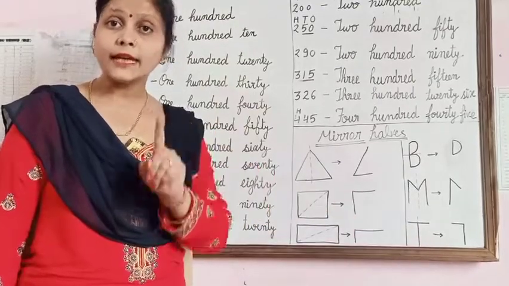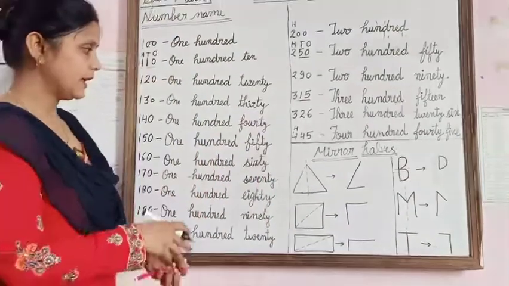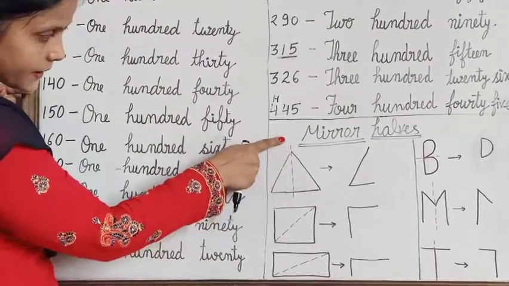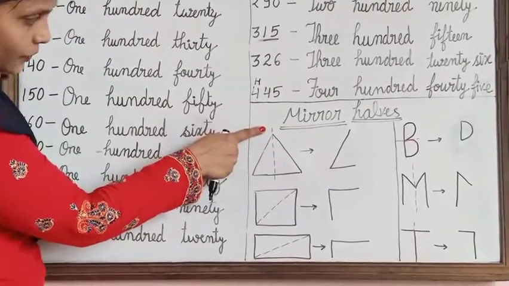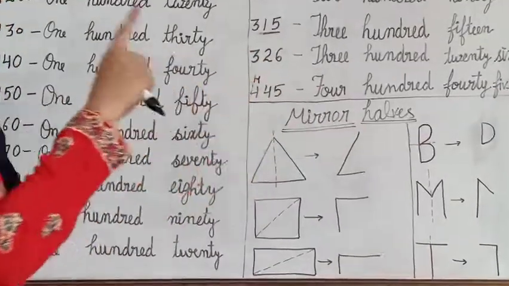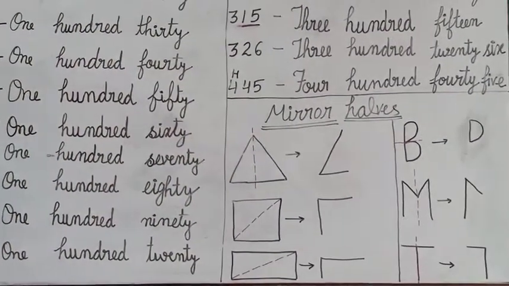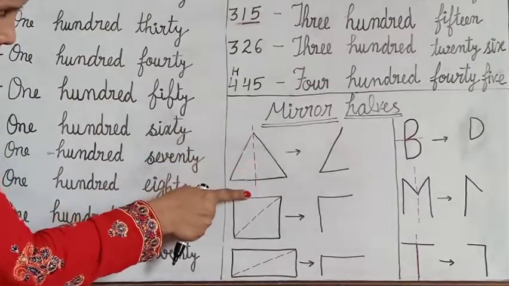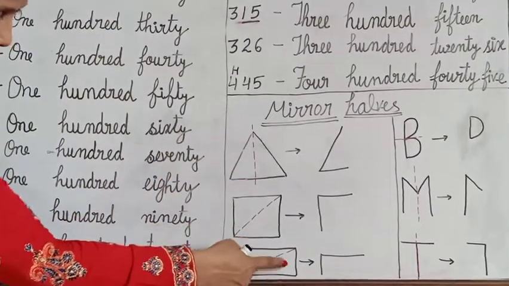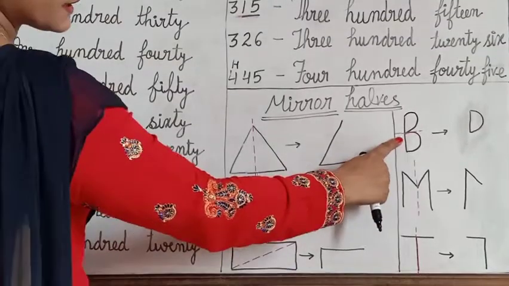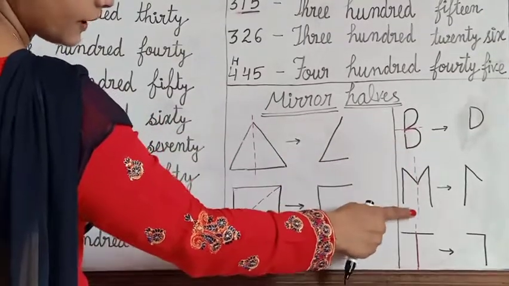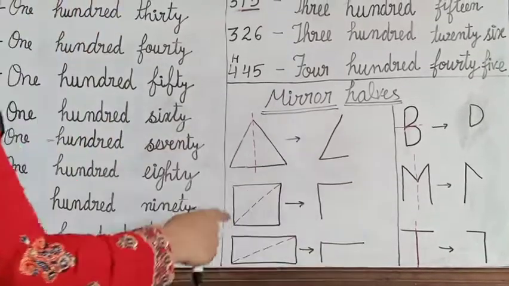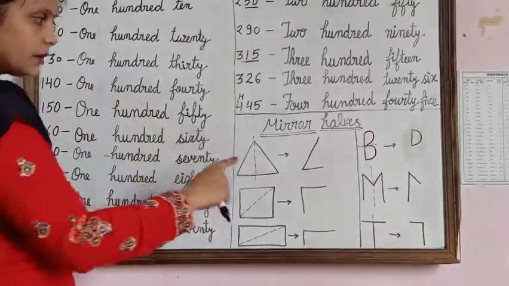Or you can also half. Half means, look, I have also highlighted it there in red pen. When you have it in the second way, you can say symmetry. So you draw a line. This line is there and also a line is there. Also a line is there and in the center is there. M also has a line in red pen and also T. When you have it, you get the same symbol.